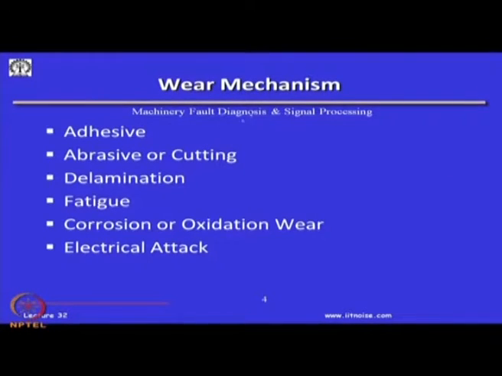given to it. Okay. And of course, delamination occurs, and fatigue because of the load reversal, the load cycles; fatigue kind of wears happen. And another important thing is corrosion or oxidation, which occurs because of the environment. This corrosive attack can happen, and electrical attack happens, particularly when there is an electrical loop or ground voltage going through a machine, and because of this, through the lubricating oil, this electrical attack actually happens.